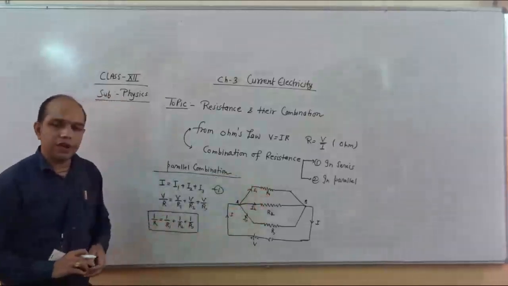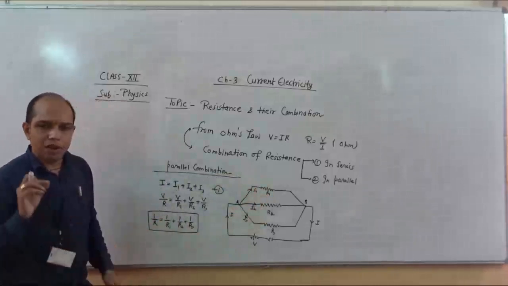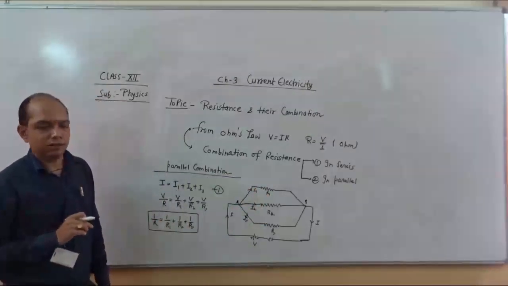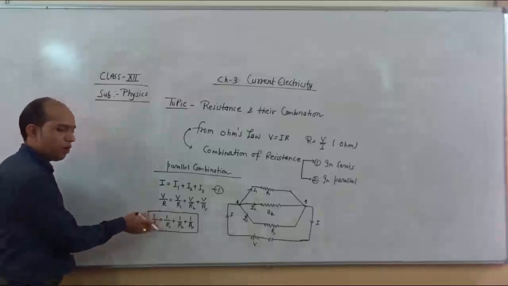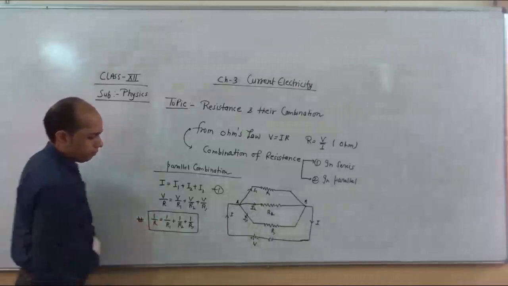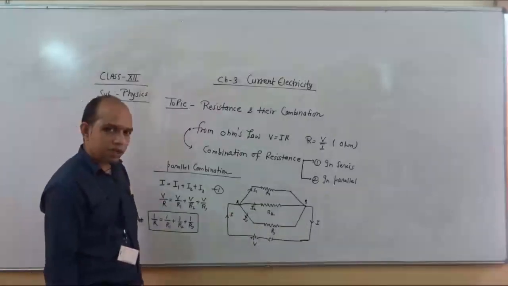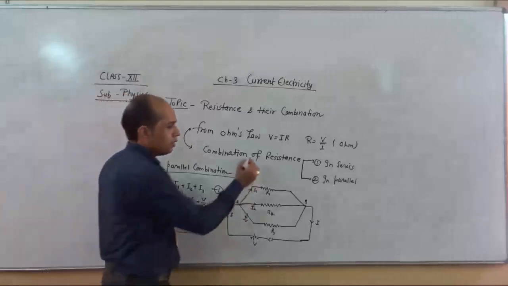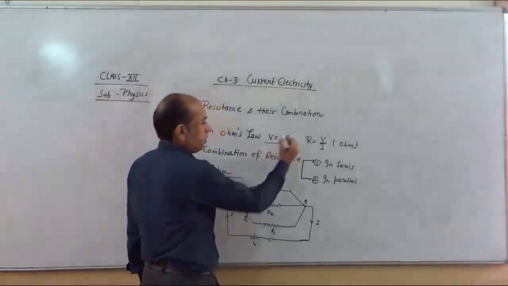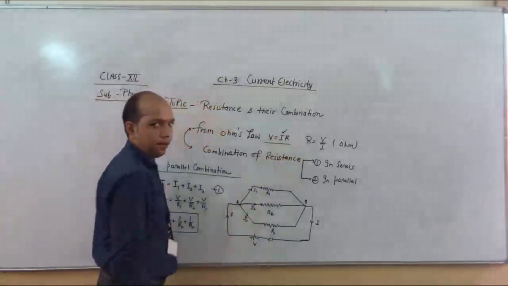So by this we find, if we compare series and parallel, in parallel arrangement the value of resistance is less because it is the reciprocal, 1 by R. And one more thing, if we talk about which parameter is constant out of V and I, in series, current is constant.